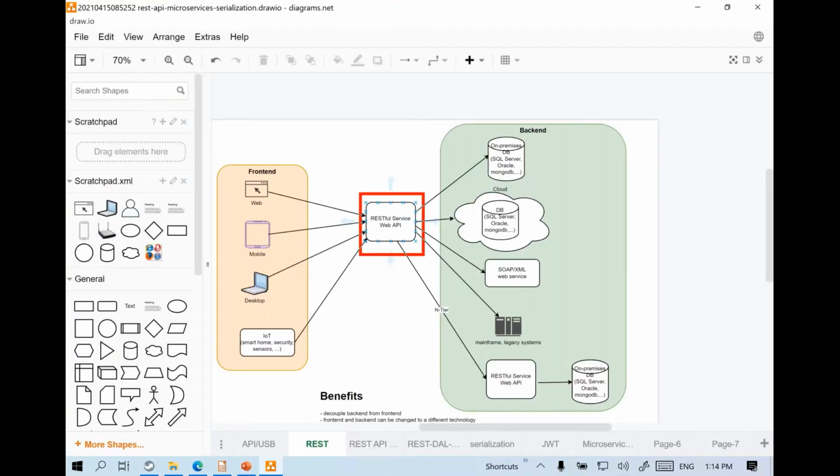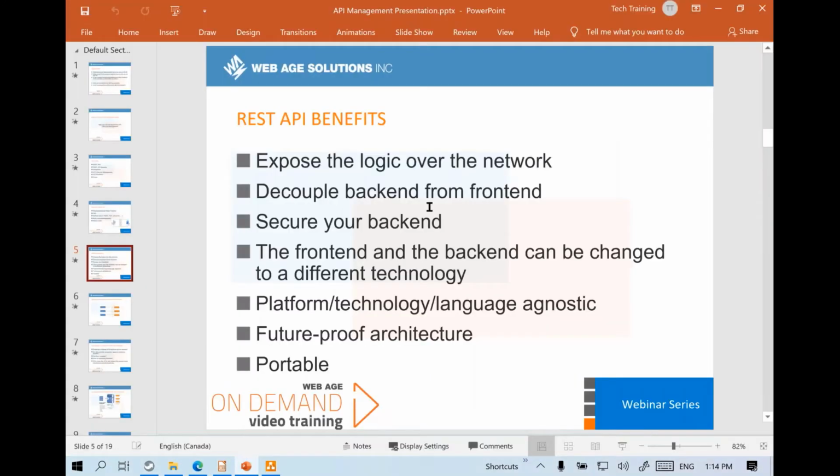Only this interface or API layer should be updated in case you want to switch from Oracle to SQL Server, or from on-prem to on-cloud solution, or you want to connect to some SOAP XML-based service or some legacy system and so on. Only the API needs to be updated. Your front end doesn't have to be updated at all. So that is a benefit you get with decoupling the backend from the front end.